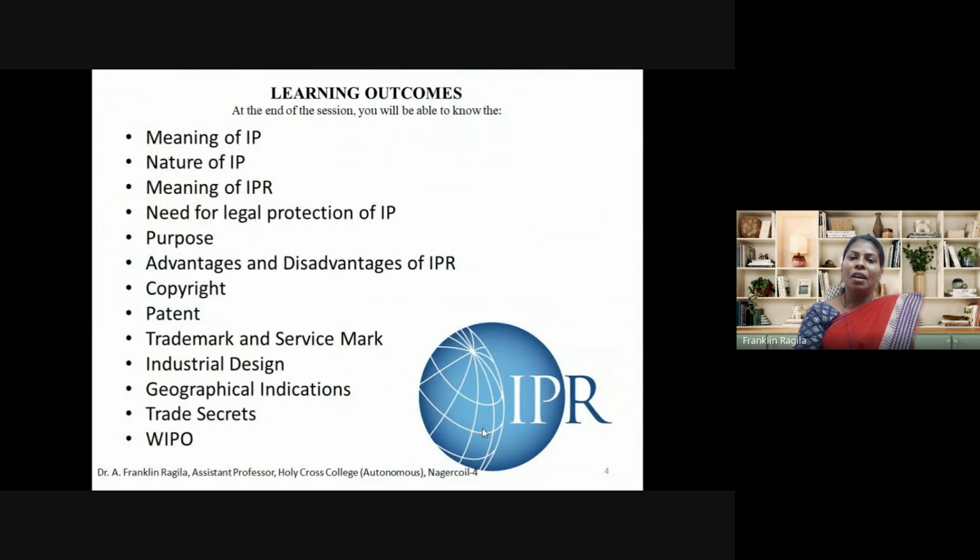So the learning outcomes of today's faculty development program will be like this. At the end of the session, you'll be able to know the meaning and nature of IP, the meaning of IPR, the need for legal protection of IP, the purpose, advantages, and disadvantages of IPR, and the various components of IPR like copyright, patent, trademark and service mark, industrial design, geographical indications, trade secrets, and